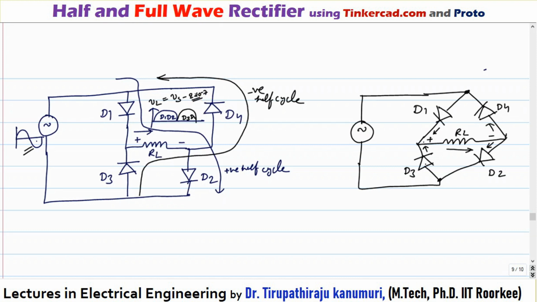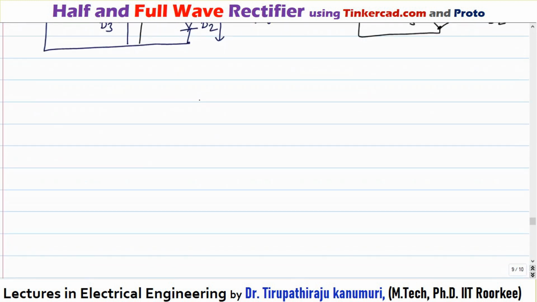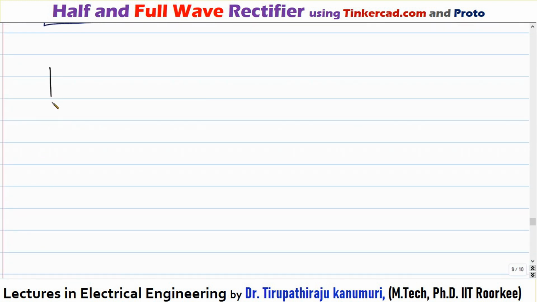So in that case, we go for another type of rectifier, called the center tap transformer type. But in the center tap transformer case, the cost will increase drastically because one extra center tap transformer will be required. But in cases where the required output voltage is low, and we want to decrease that 0.7 volt drop, that's why we go for this center tap type rectifier.